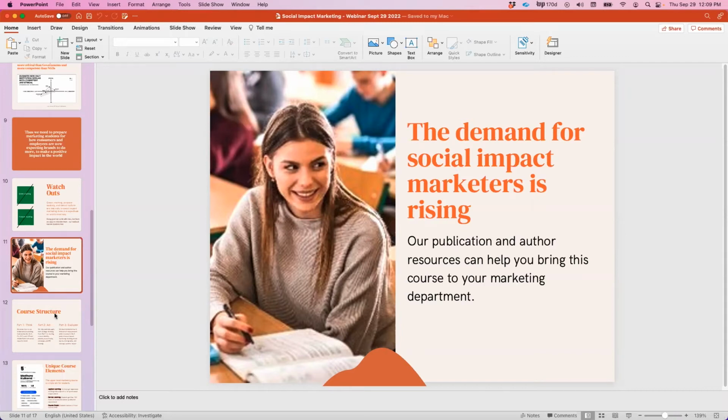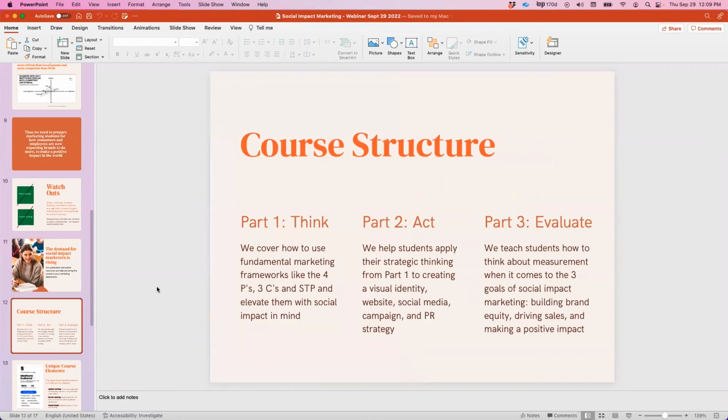Okay. So the course structure that we've developed is broken up into 3 parts. The first part is around thinking, around frameworks. So we take the 4 Ps, the 3 Cs, segmentation, targeting, positioning, STP. These are the fundamental frameworks that we all teach in Principles of Marketing, right? But we've added a social impact lens to them so that they think through, okay, when you have the 4 Ps, we add in a 5th P to talk about partnerships,